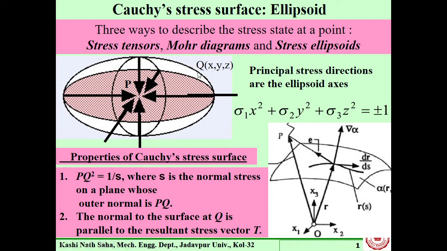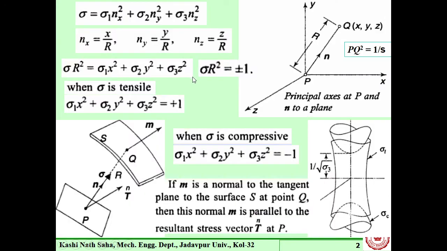And when we are at point Q, if we find out the outer normal there, say this M, direction M is the normal to the tangent plane at point Q, right? So direction M and direction N, in general, are not equal. So this direction of T, the resultant stress vector, would be given by the direction of the outer normal at surface point Q.